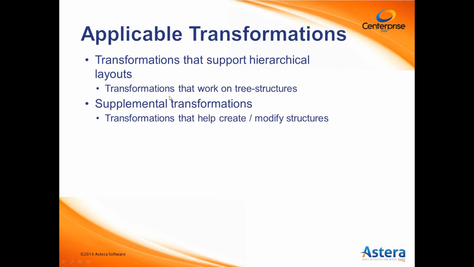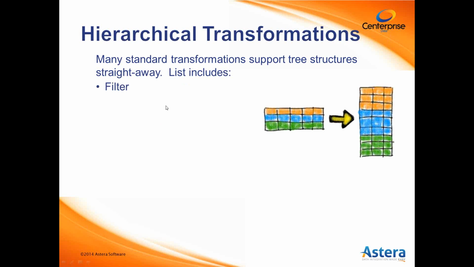Applicable transformations that you can work with in Centerprise when dealing with this type of data. There are two types of transformations. There are the transformations that support hierarchies in the layouts themselves. Every transformation has a layout, and some transformations support a hierarchical layout. Then there are other transformations that maybe don't support a hierarchical layout, but they help you in modifying or creating tree structures. This list includes the filter, the sort, the route, the union, tree join, and the pass-through, which